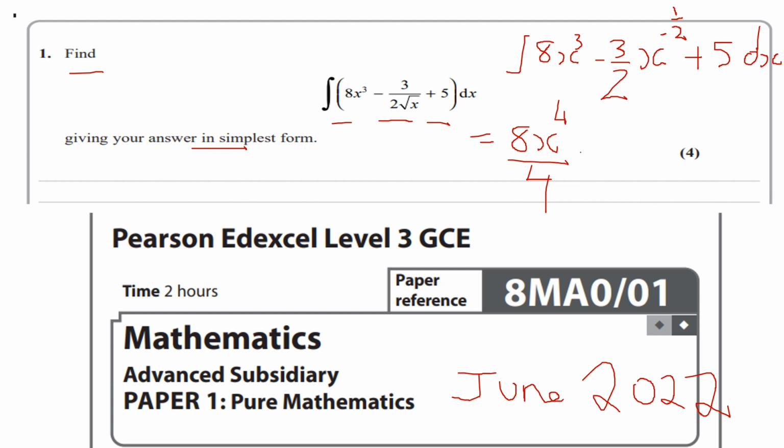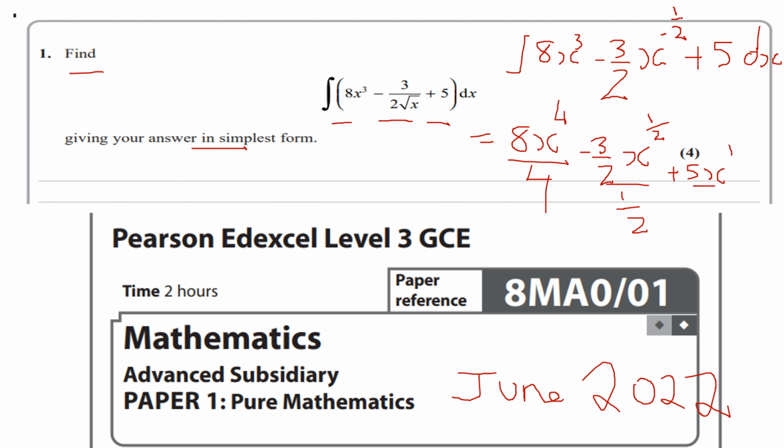Then we get minus 3 halves x to the power of a half, because minus a half plus 1 is a positive half, since minus a half plus 2 halves equals a half, divided by a half. And then the plus 5 goes to plus 5x to the power of 1 over 1, which would just be 5x, but I'll write it out in full so you can see my workings,